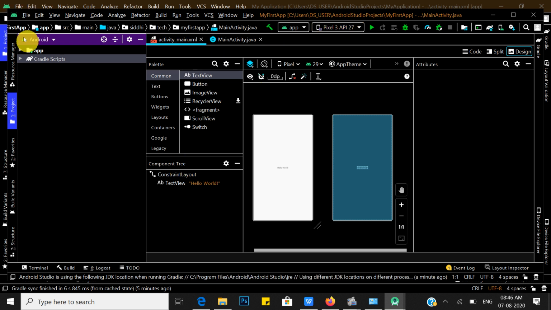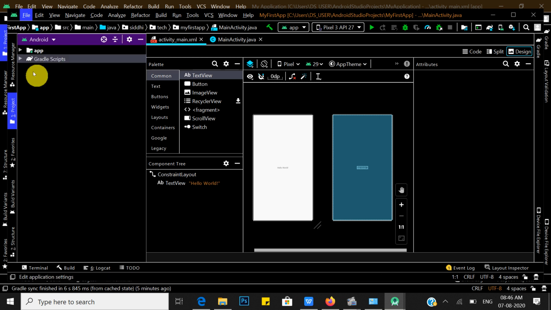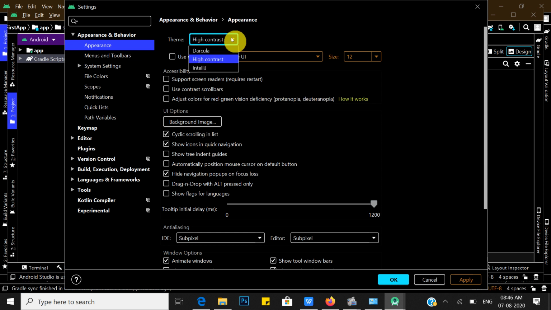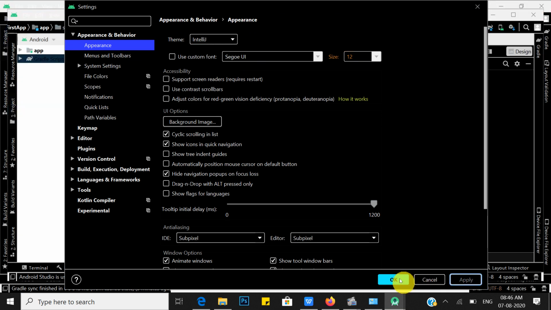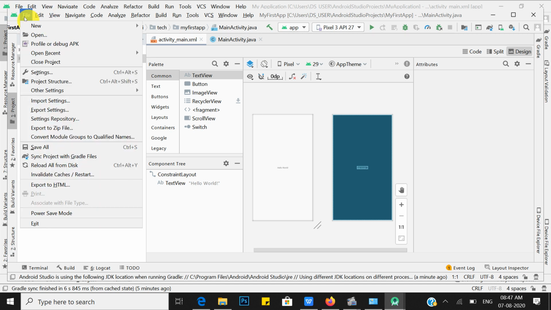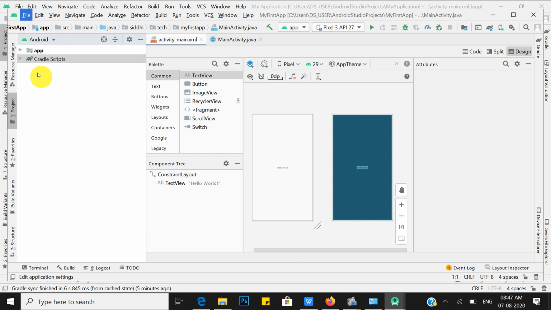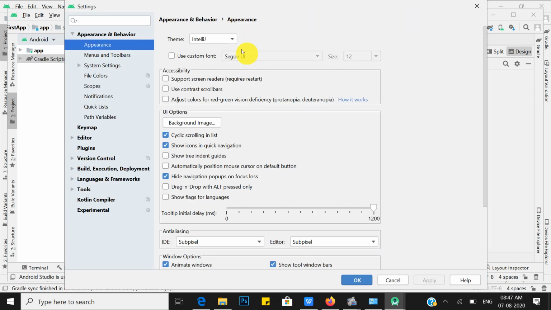If you don't want high contrast, just go to settings and you can choose IntelliJ, apply, and okay. So it gives you this type of GUI theme. If you don't require that and you want Darcula, then go to settings and choose your regular Darcula theme.